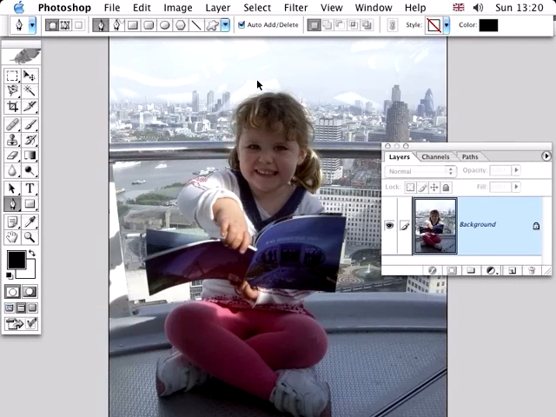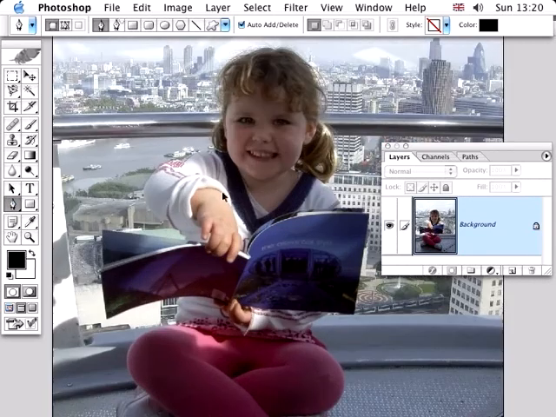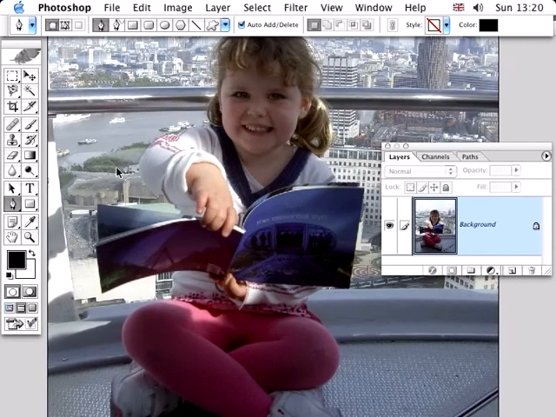A very powerful way of making selections is to use the pen tool here in conjunction with paths to create a very accurate path. You couldn't really use a magic wand here. Polygonal lasso tool is not going to work too well. So paths are a definite way of actually approaching a problem like cutting out a little girl from a complicated